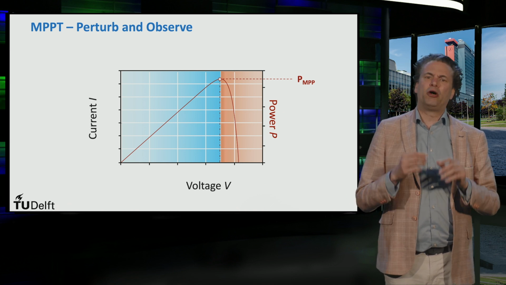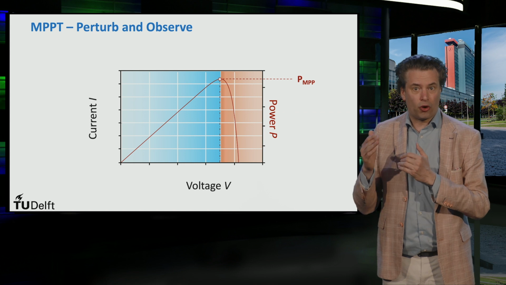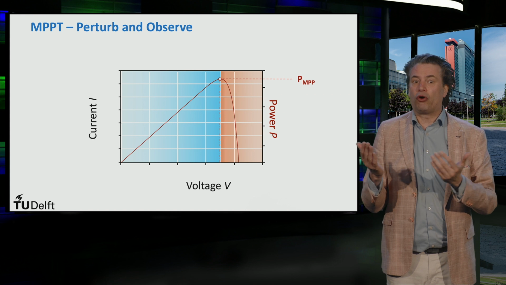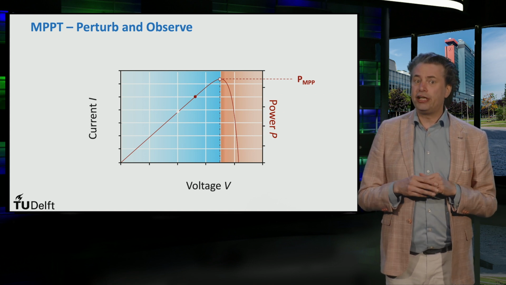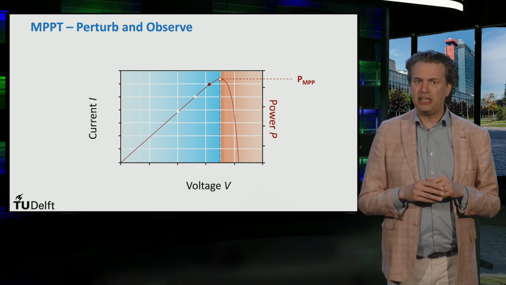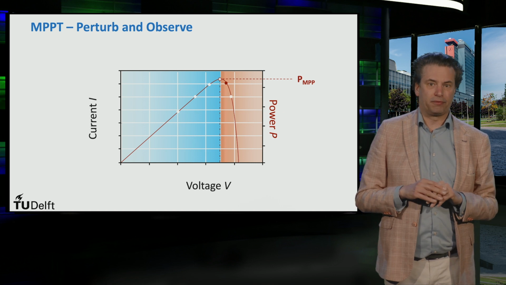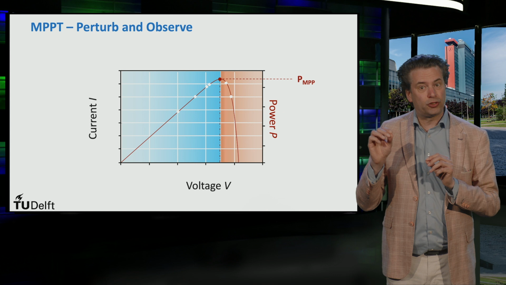In this algorithm, a perturbation is provided to the PV module or array voltage. This would translate to an increase or a decrease in power. If an increase in voltage leads to an increase in power, this means that the operating point is to the left of the maximum power point, and hence further voltage perturbation is required towards the right to reach the maximum